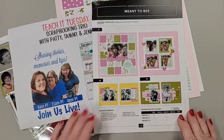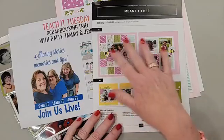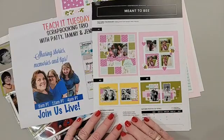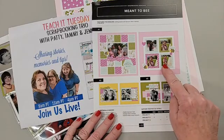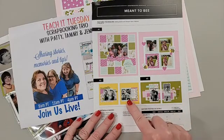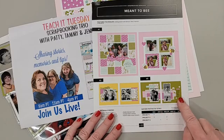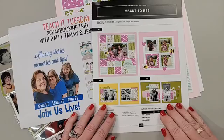So my name is Patty Bennett. This is me. And today we will be looking at the Meant to Be Scrapbooking Workshop Kit from Stampin' Up! And I will be showing you my version of layout number 1. Tammy will be going over layout number 2, and Jenny will be doing layout number 3. In each scrapbooking workshop kit, you get,